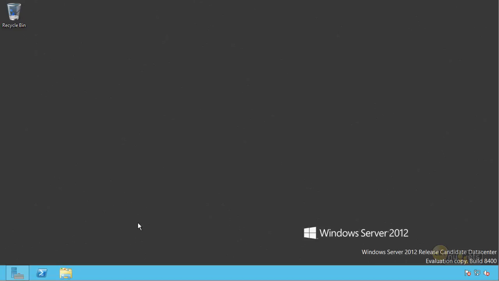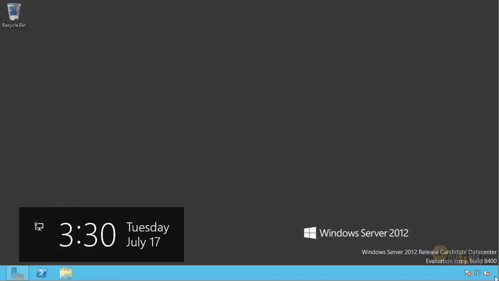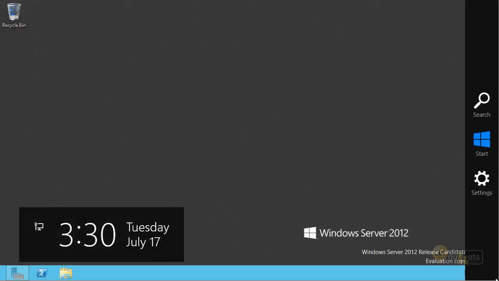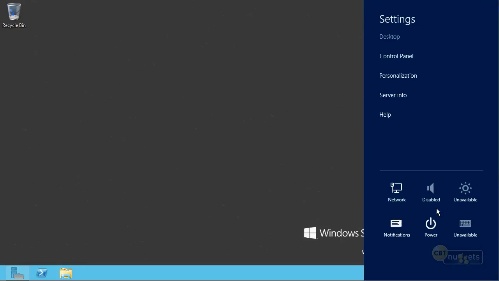The other thing is, how do I shut this whole thing down? What if I wanted to restart the computer, shut down the computer, or something like that? Well, you go over to the right-hand side for that. You can go to the upper right over here, for example, and notice that it exposes these little items right here. Or you could go over here to the lower right, and again, it also shows them to me here. Then I would just go to Settings. By the way, if I click on Start, it's the same Start that we just looked at a moment ago with a Start charm over in the lower left. But I could go to Settings, and now I can choose Power.